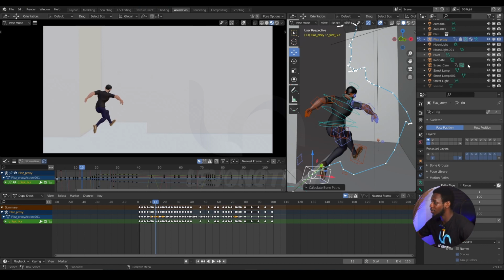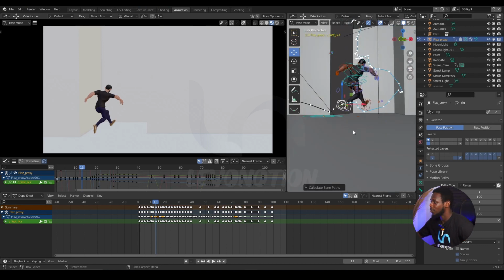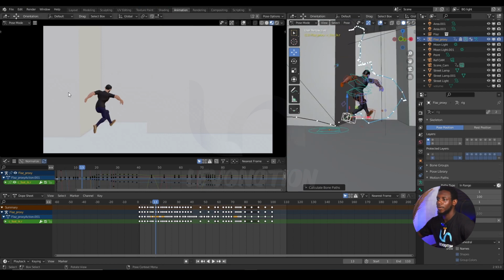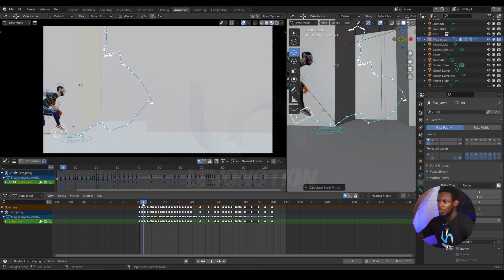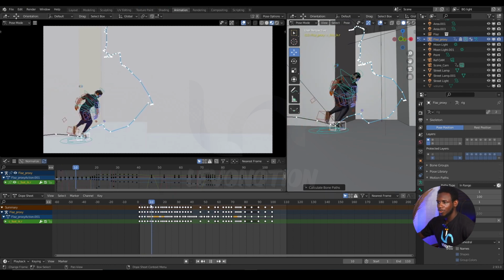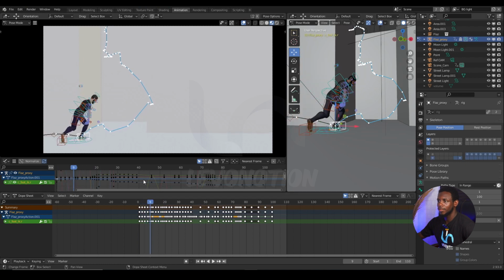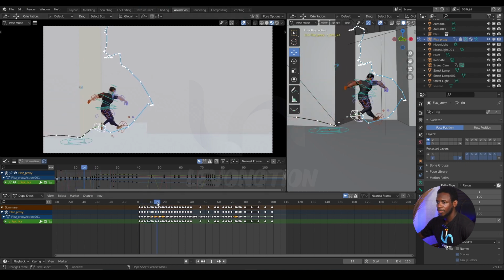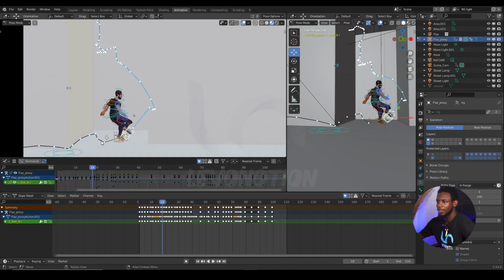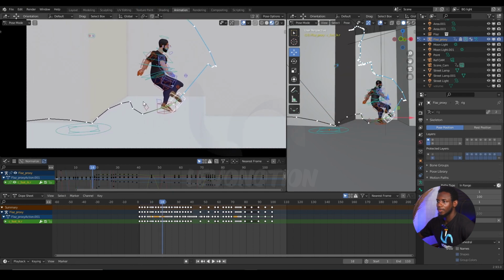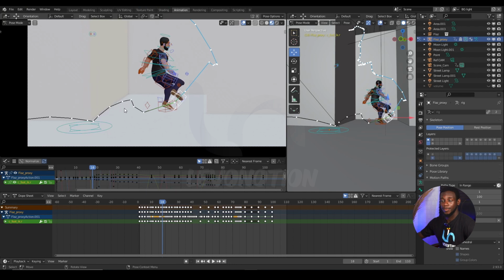So if I want to tweak it quickly, I'm just going to scroll down in here. But since this is my final camera, I would like to do it here. So I can unhide the trail and then scroll. When you scrub through the timeline, you can see the animation. Okay, so this part here, I want to smoothen this arc a bit.